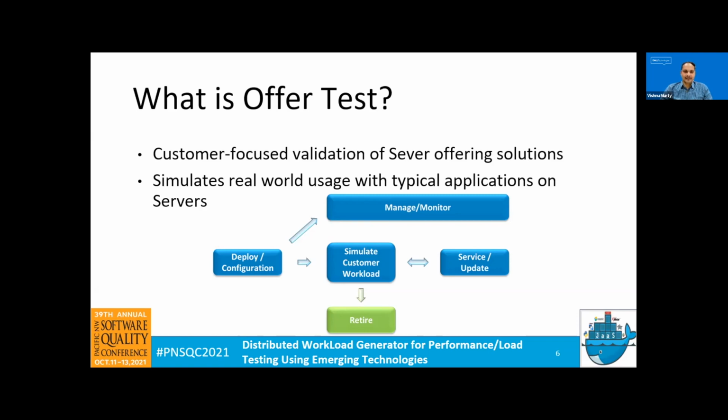If you look at any typical customer, when he takes the system and puts it into the data center or any lab, he tries to deploy the configuration, runs his workloads on the system, and monitors it. Also, if there are any security patches, firmware updates, or software updates, he does those. Then at the end of the system lifecycle, they retire the server. Similarly, we also deploy, simulate the workloads on the system, monitor, update things, and once it's done, we retire it. Mostly the life cycle of this testing is about 5 to 7 days